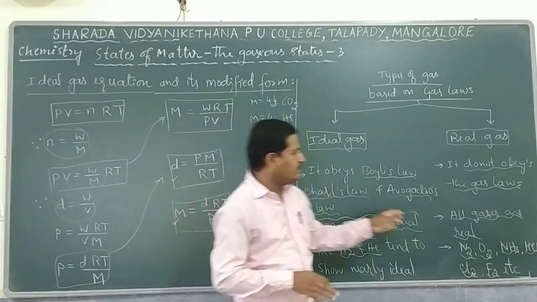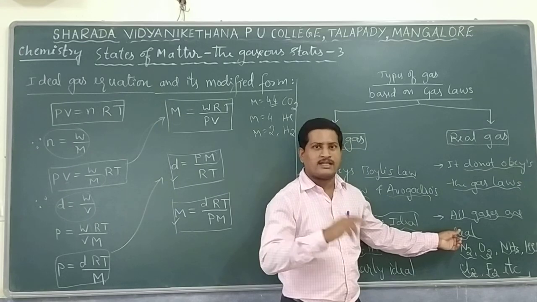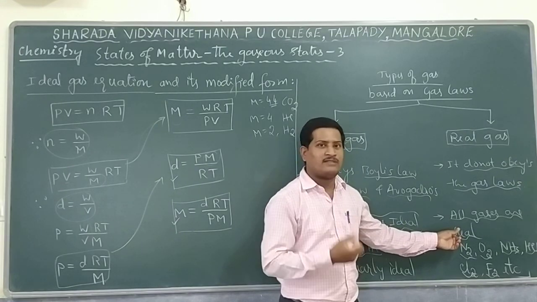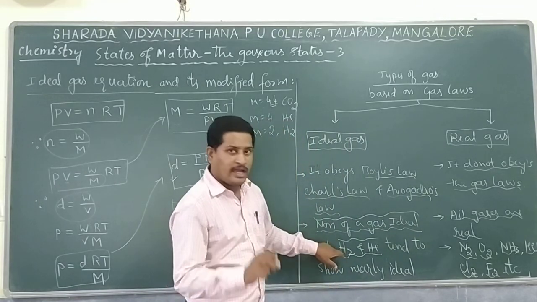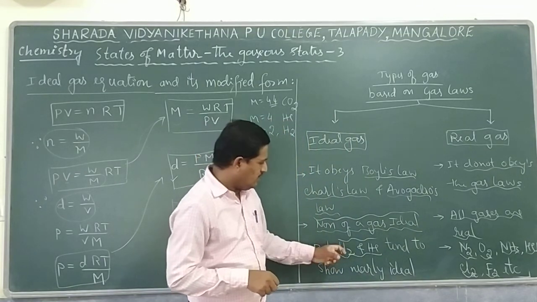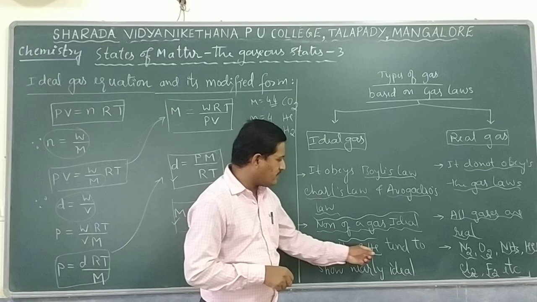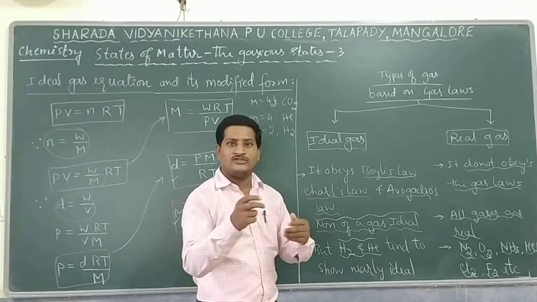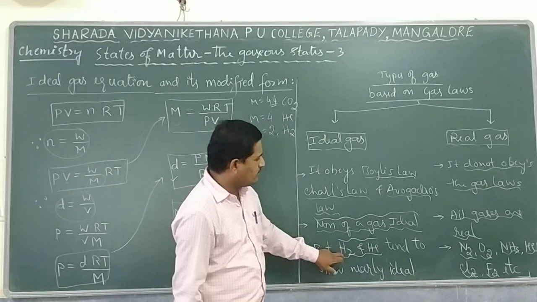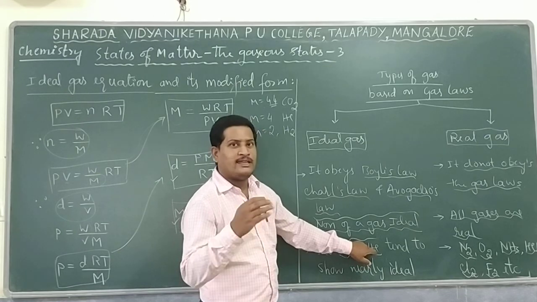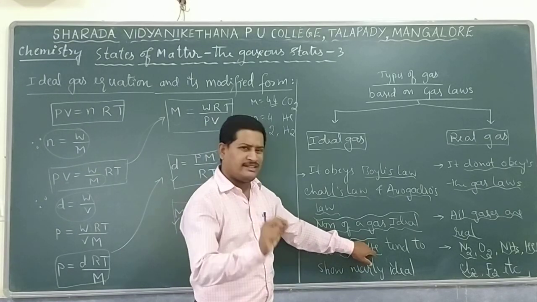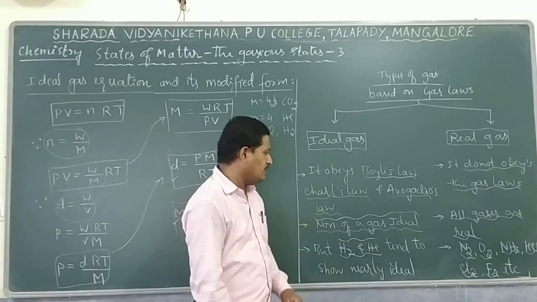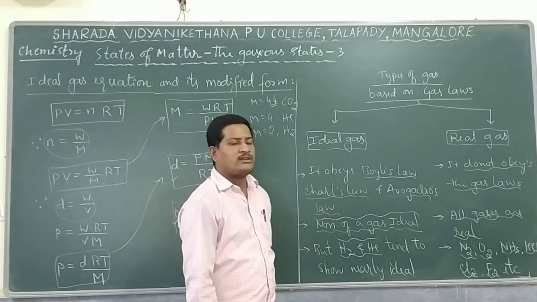All gases show force of attraction, and their volume or size can be measured. That is why they are considered real gases. But at high temperature and low pressure, the volume as well as the force of attraction observed in these gases are almost zero. That is why hydrogen and helium act as ideal gases at high temperature and low pressure. So that is one of the characteristic properties of an ideal gas.